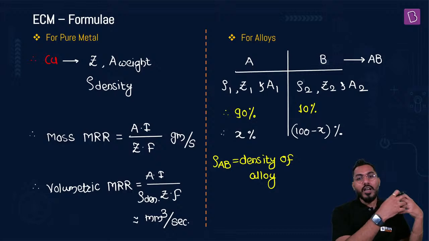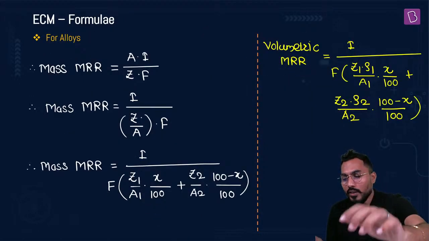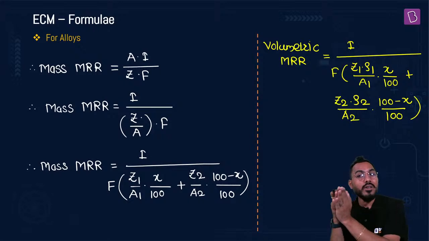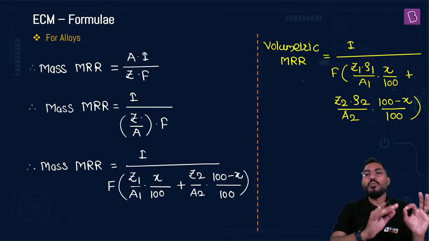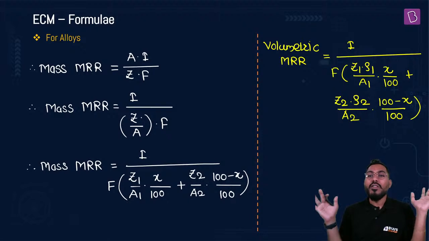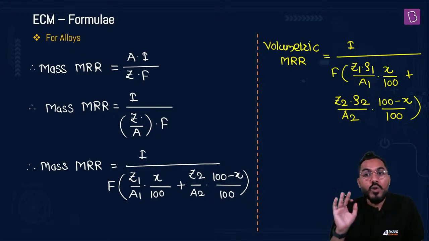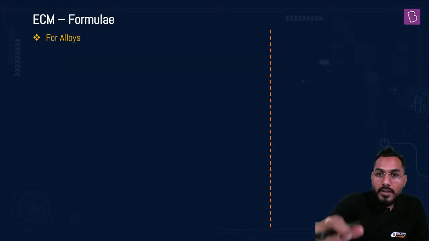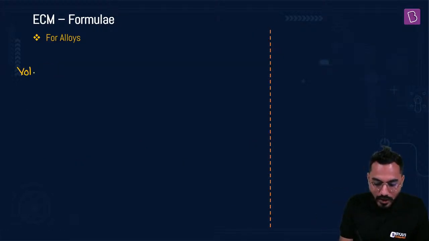If the density of alloy is given directly, it's very simple: whatever the values of rho 1 and rho 2, you take it common from that bracket and directly put the value of the density of alloy, that is rho AB. You don't need to multiply individually rho 1 and rho 2. So my new formula would be